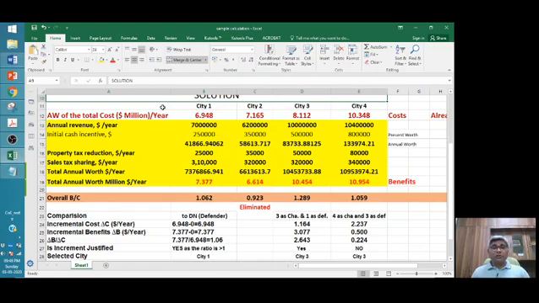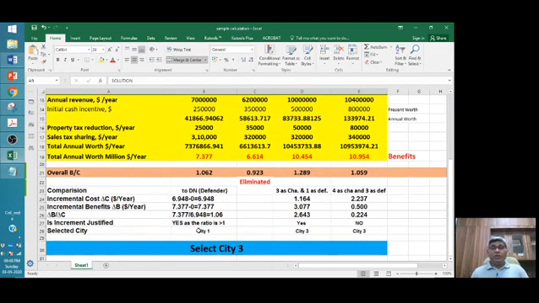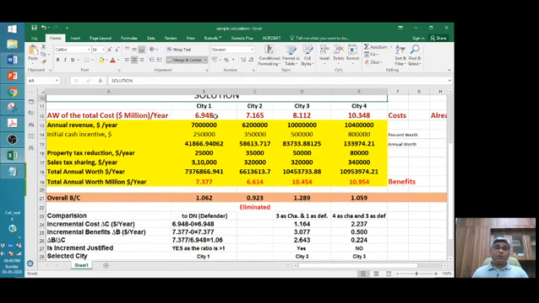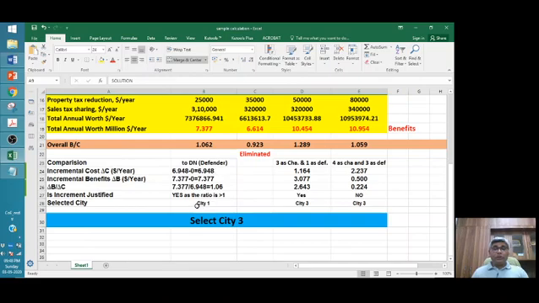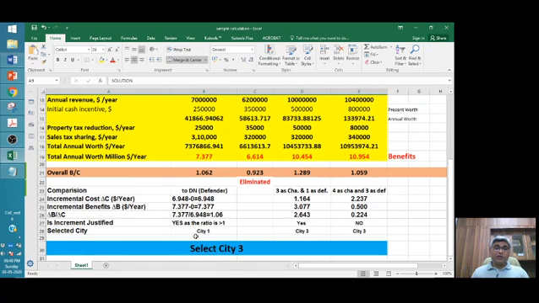So the answer to this comparison is, from DN condition to city 1 we will be working for the project in city 1. So the selected city will be 1. We have dropped the DN condition, what we call the defender. Now the project can be worked out in city 1 as compared to DN condition. So now this will become the new defender and this is to be challenged with the remaining 2 or 3, whatever we have. So we have selected city 1.